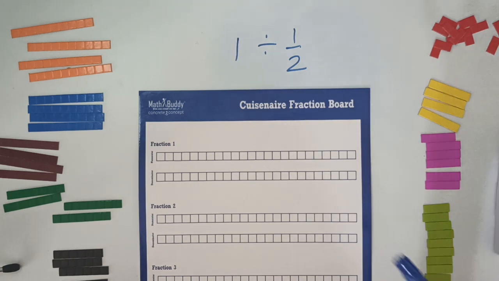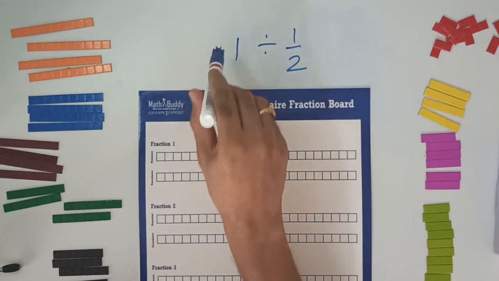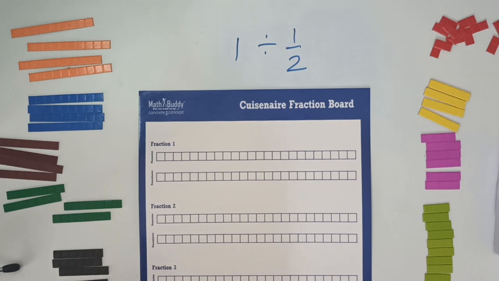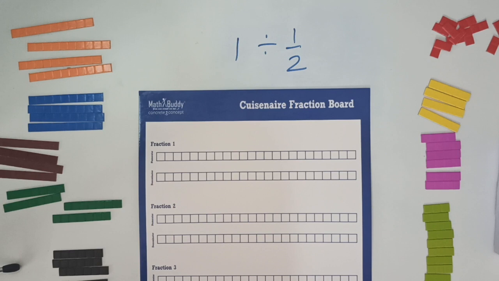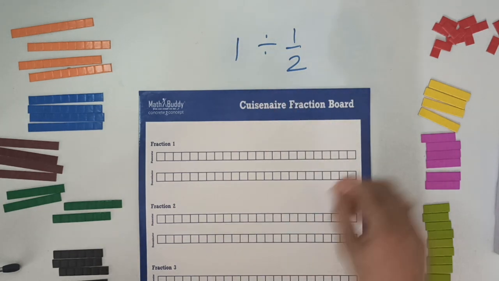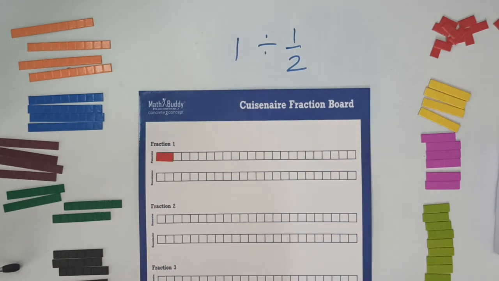So whenever we talk about division of a number by a fraction, we just look at how many of the denominator are there in the numerator, right? And when we want to do this with Cuisenaire rods, what we do is, first thing is we identify a whole, right? So what could be a whole? The easiest way to take that is the denominator of the fraction that you have. So in this case, it's 2. So let's say that I have my whole as the red rod, right?